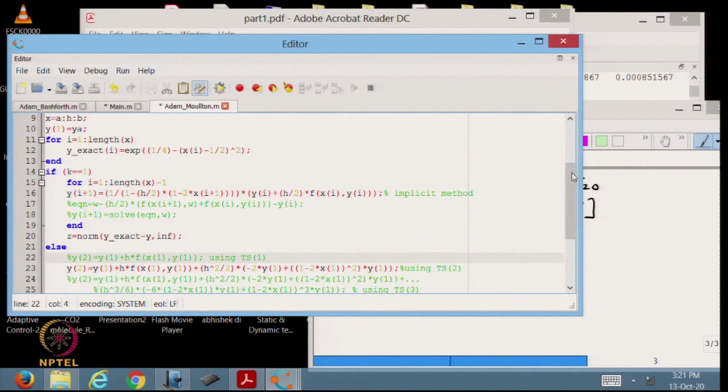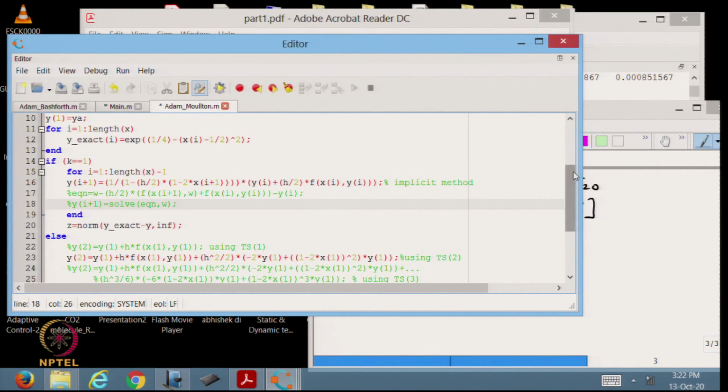So, for k is equal to 1, again the same algorithm I have implemented here. Which you can observe from here, y 1 into 1 minus 2 x i on the right hand side, and then again the same algorithm which I have written here I have implemented here. Okay. And then we are computing the error. Again the error will be the difference of the exact solution and the numerical solution. We are computing the norm, infinity norm basically.